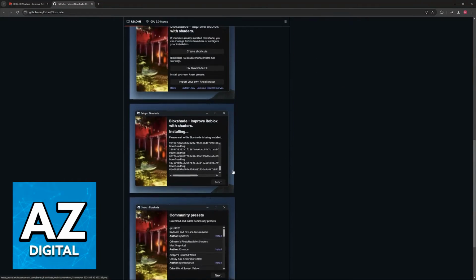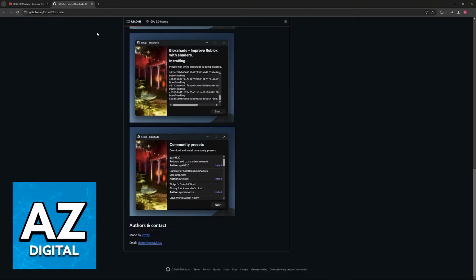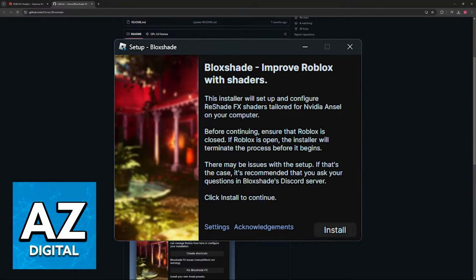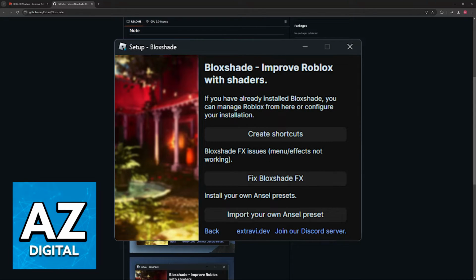Now, you can get more information here, but to keep it simple, all that you have to do is click download and open the zip file that you get from this website. Once you open that zip file, you will be able to find the setup. In there, you have to go over to the settings and first patch the NVIDIA app. So if you see the option to patch the NVIDIA app, click that at the bottom right.